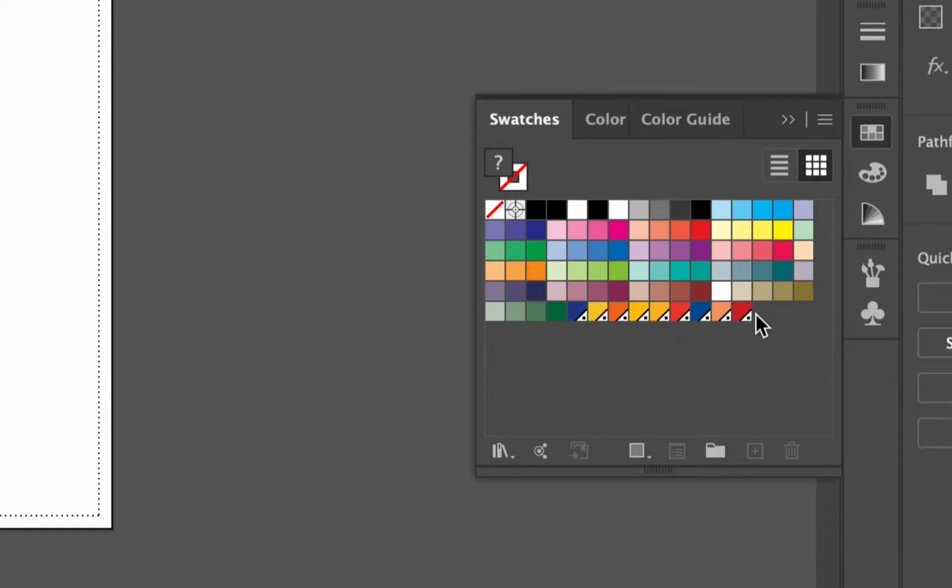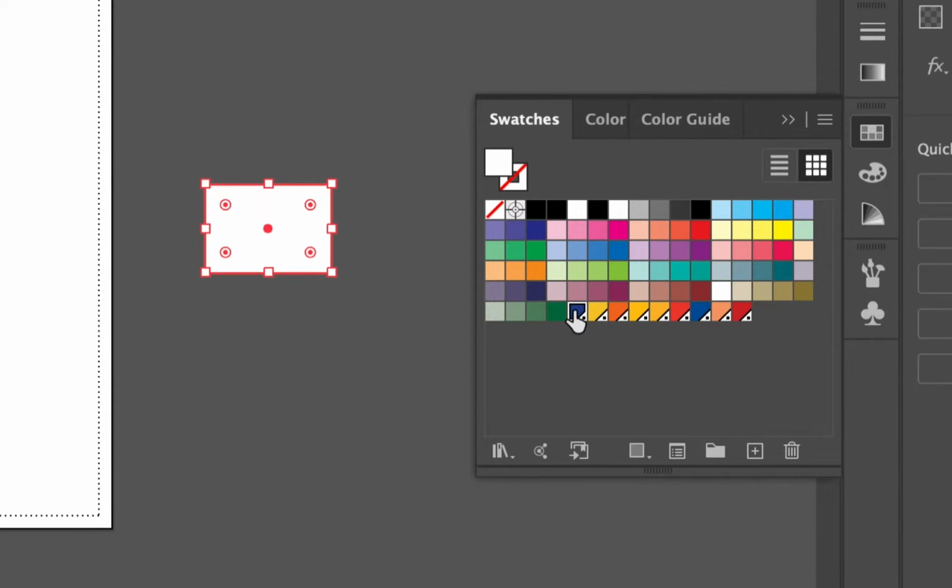However, if you're downloading artwork and you see these things popping up, especially if they say something like Pantone, these are going to be a big problem and should be replaced, because these can't just be kind of forced to RGB. They're always going to be stuck in CMYK. So a global swatch, and that's what gives this the white corner, is one that's kind of like an InDesign swatch. So anything that I make that color,